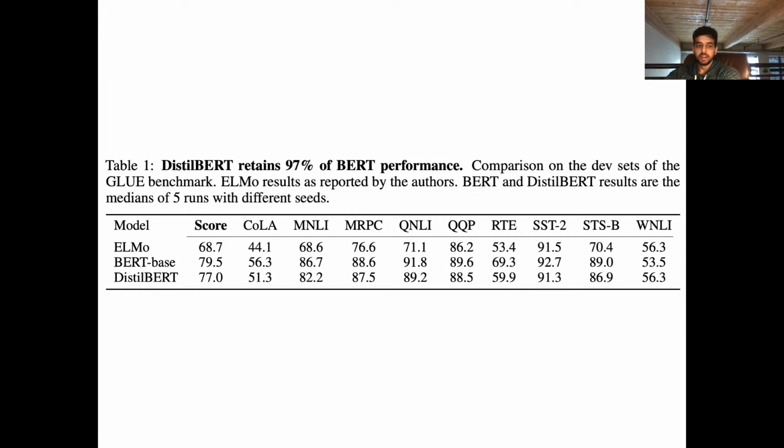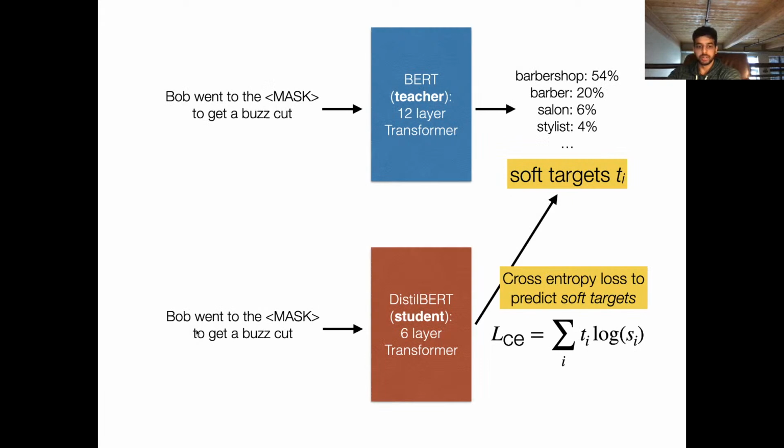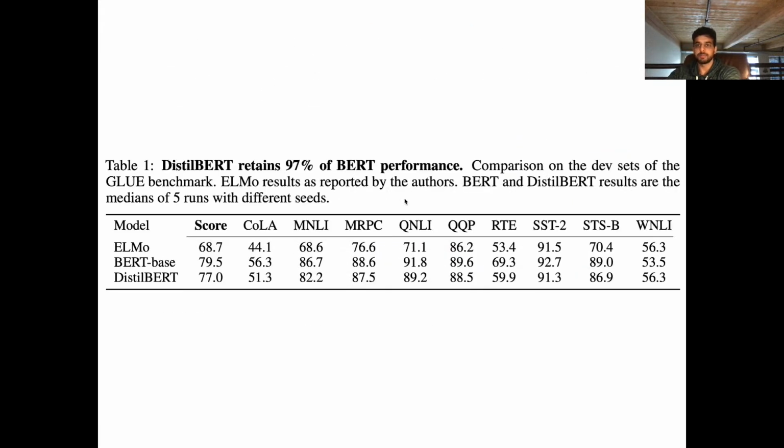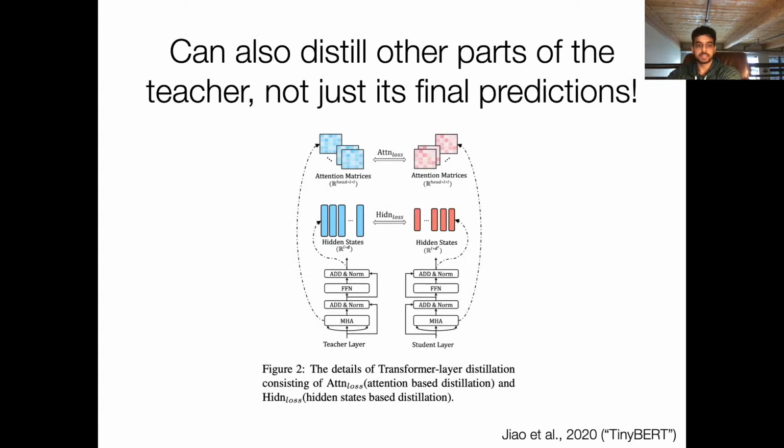how well do I do if I just take the DistilBERT architecture? Again, that's the 6-layer transformer. It's half the size of BERT base. And what happens if I just train a 6-layer transformer from scratch, like just a BERT model, and then fine-tune and evaluate it on all these downstream tasks? So,